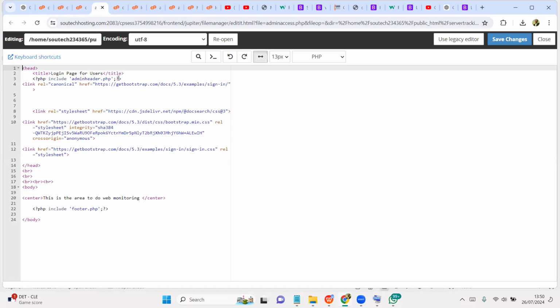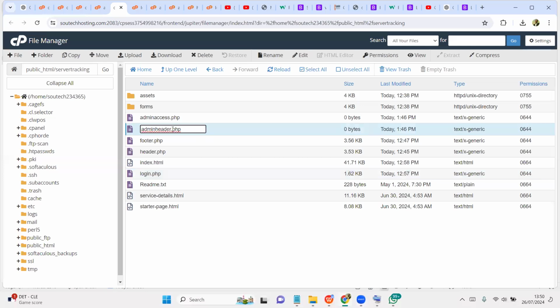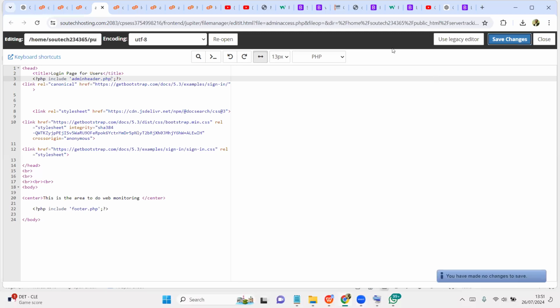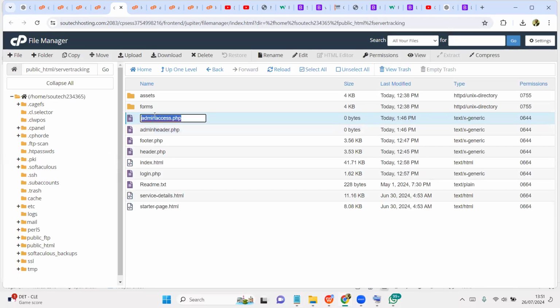Admin header.php, do we have that? Let me make sure I copied it correctly. Admin header.php, right? Then footer.php. This area to do web monitoring. Let me save it. Then the URL is admin access.php.